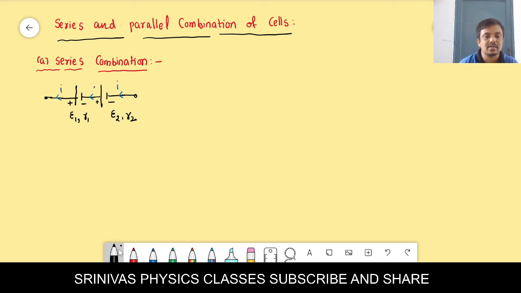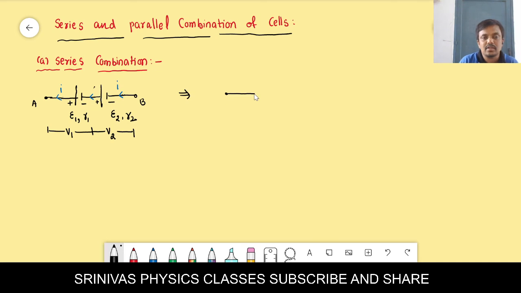The potential difference across the first cell we can consider as V1, and the potential difference across the second cell we can consider as V2. In series combination, the same current passes, but the potential is divided. You know very well this one. If you have any query, you can ask immediately. Like, excuse me sir, how you wrote this step, how you drew the diagram, like that you can ask anything.